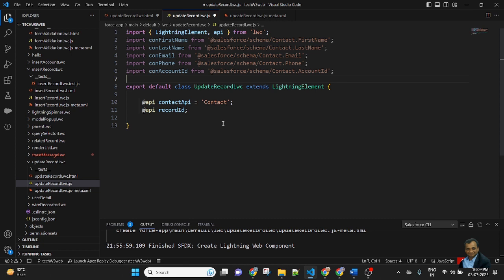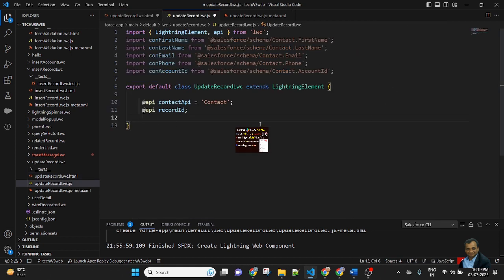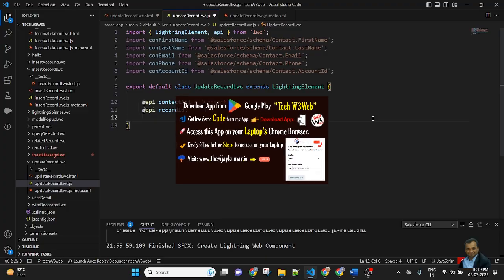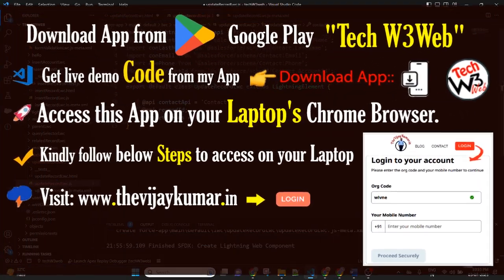After that, I will create a variable. In the HTML, this is the field, and I define contact fields. This is the variable I am defining in the JavaScript, equal to square brackets.